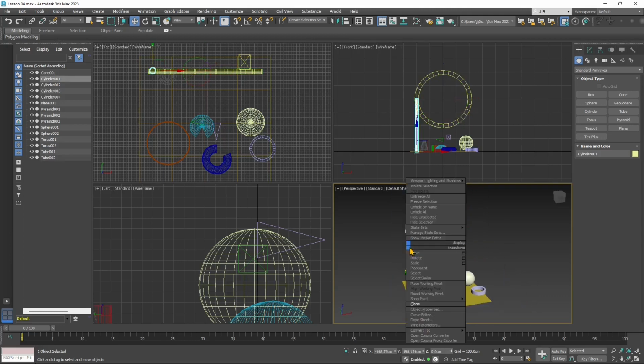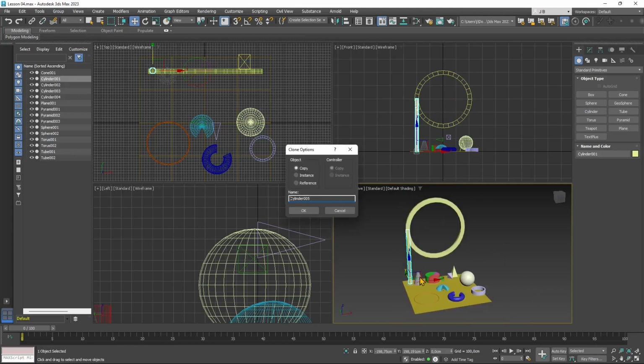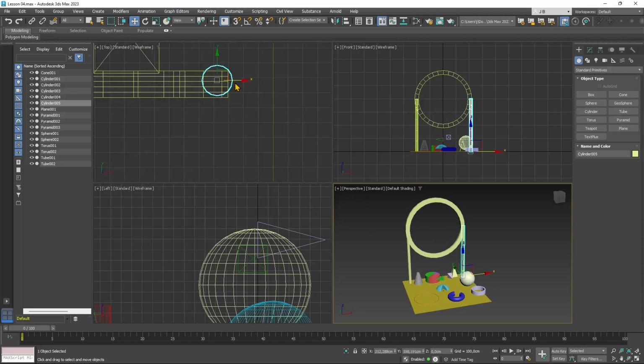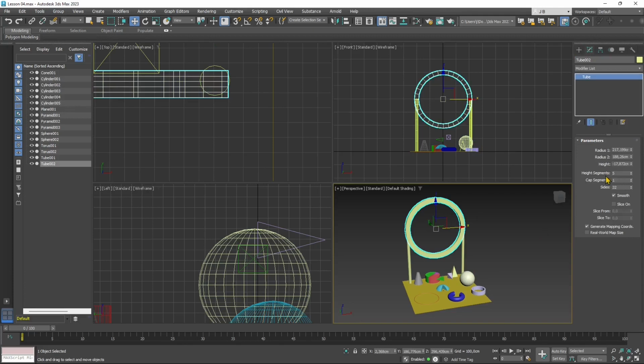It's still a tube. So I'm also going to clone this cylinder here to make the other pillar. There you go. So you can see I can be more precise if I zoom a little bit. So I can select and transform by moving the arc a little bit more, and then you can slice here, and this is not going to be a circle anymore, it's going to be an arc